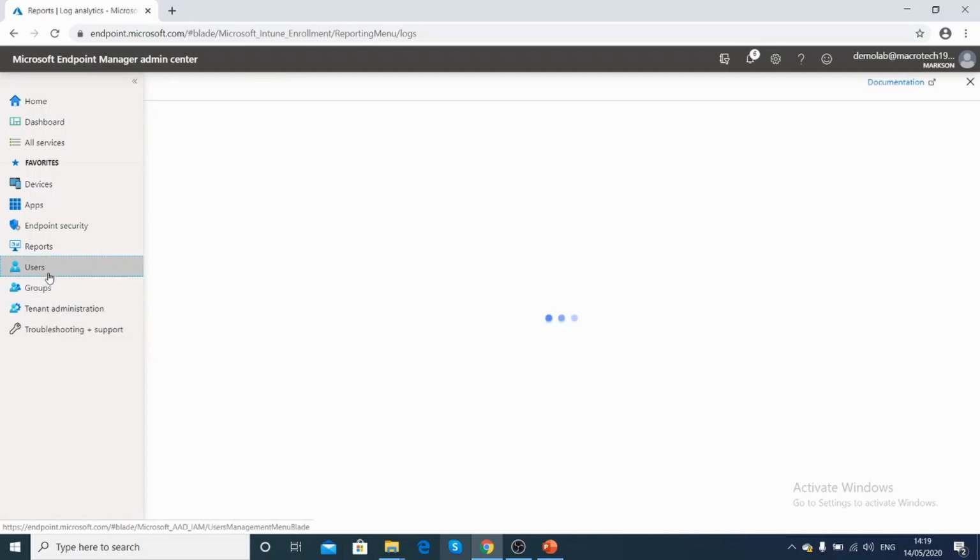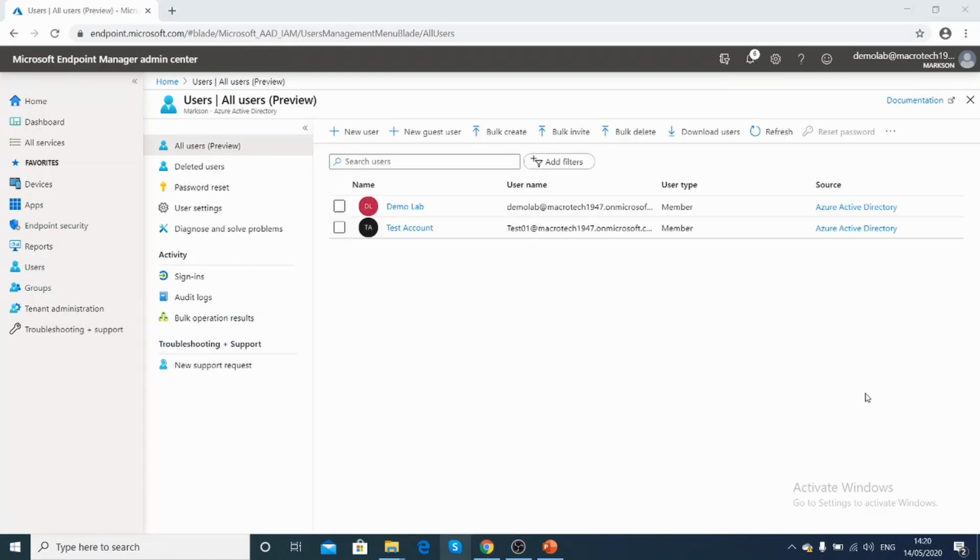The next value is users. Under users, you have an option of creating a new user, or you can create guest users, and you can create bulk users also by providing the complete information of the user ID, and you can import that CSV file.